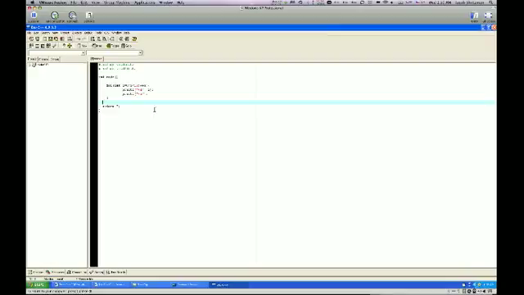So this is the program, a very simple program that prints the numbers 0 through 9, and each one will be on a separate line. And now we'll go and compile it. In order to compile, we go up in the menu, we go to execute and compile. Also, you can get the same effect with Control F9,